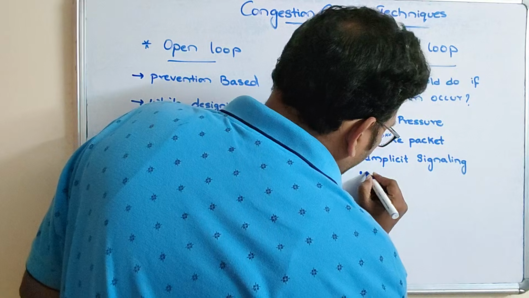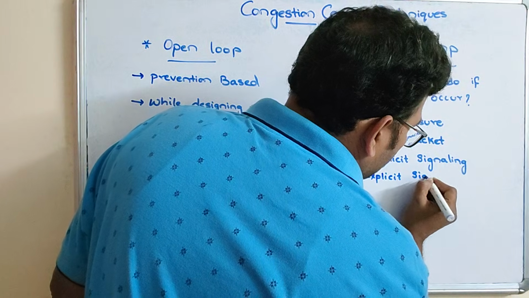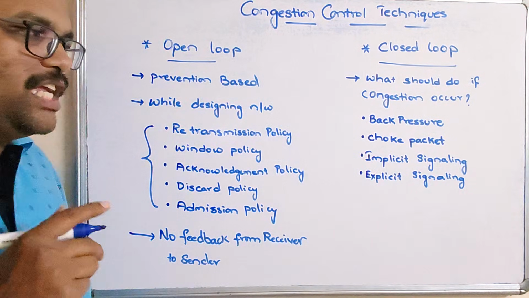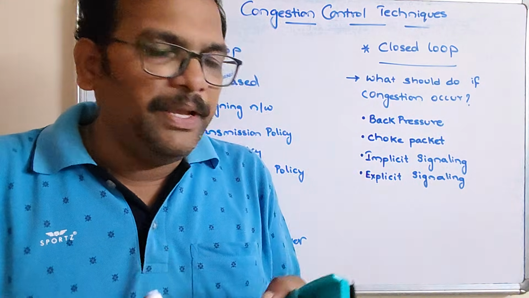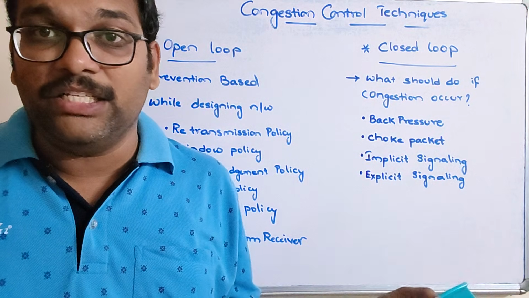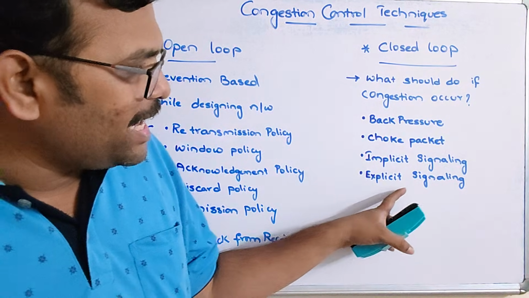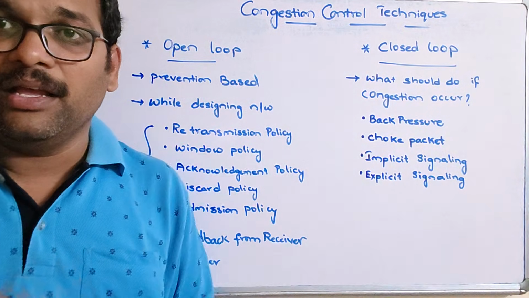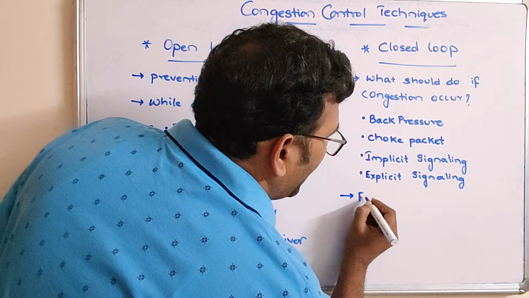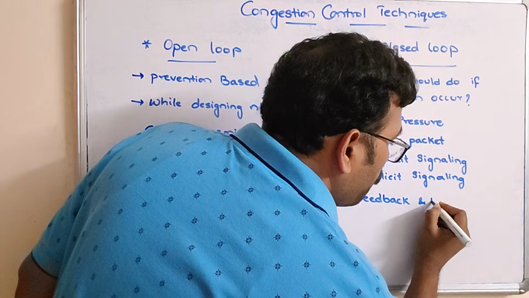And the next one, explicit signaling. This is also similar to our choke packet. Explicit signaling will send a signal back to the sender regarding the congestion, to reduce the transmission rate. That is called explicit signaling. It will be giving a control. So here there will be a feedback as well as monitoring